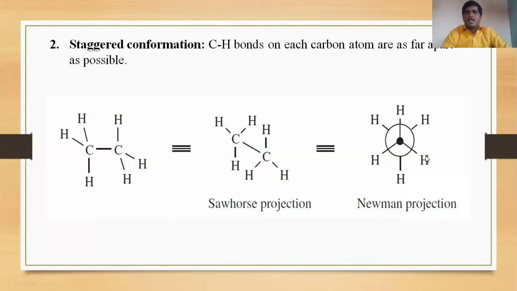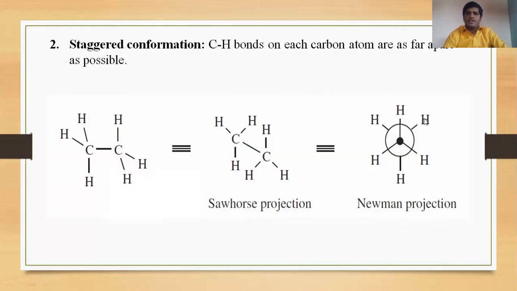You just see the carbon atom, we have written the front side hydrogen, hydrogen, and hydrogen, and the backward carbon atom we have written in the circle. Okay, and whatever hydrogens are present on the backward carbon, they are having a 60 degree angle between them. You just see hydrogen and hydrogen and hydrogen. So if the angle between these and this is 60, that is called your gauche conformation.